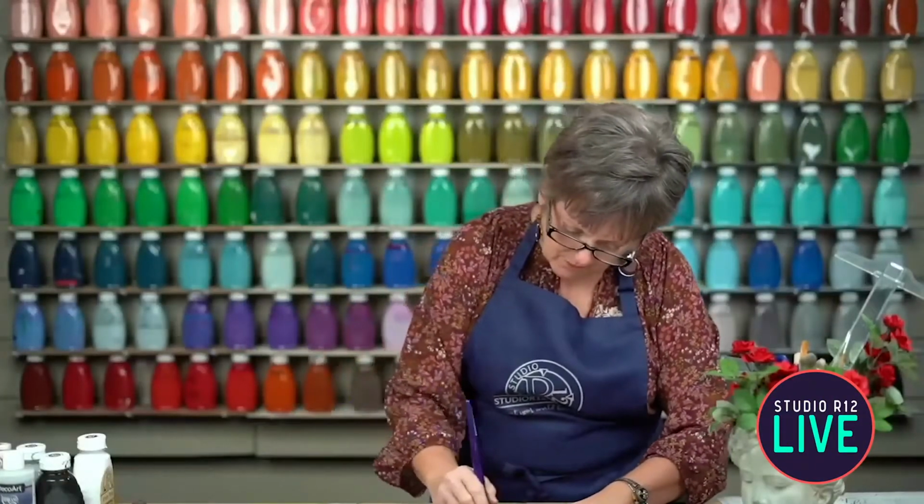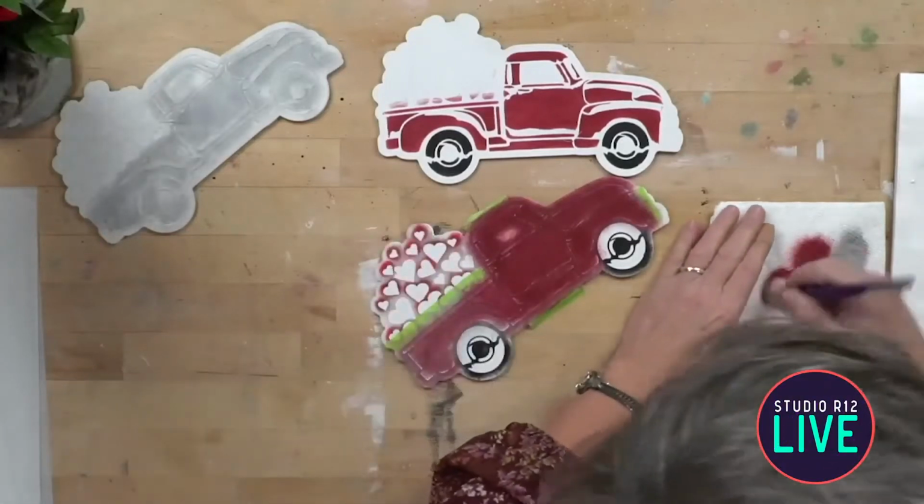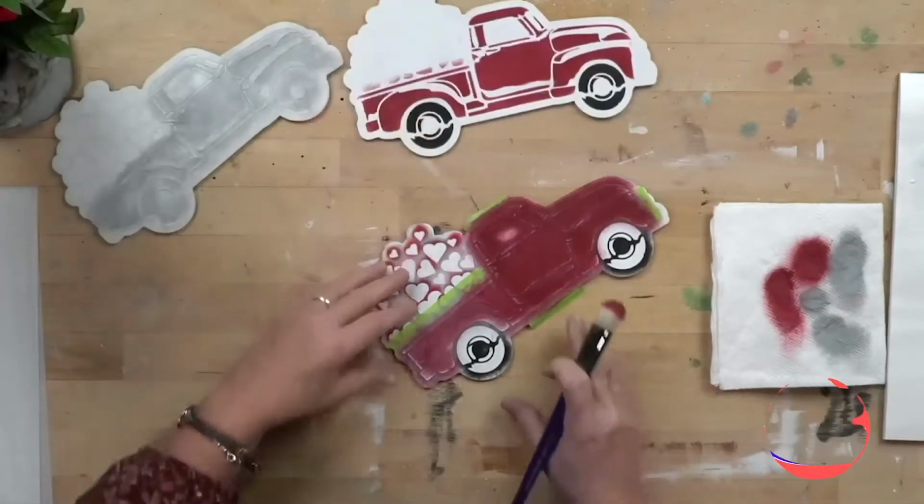Okay, so we're going to go into a red. So while you're watching me base coat red, because that's super interesting to do,